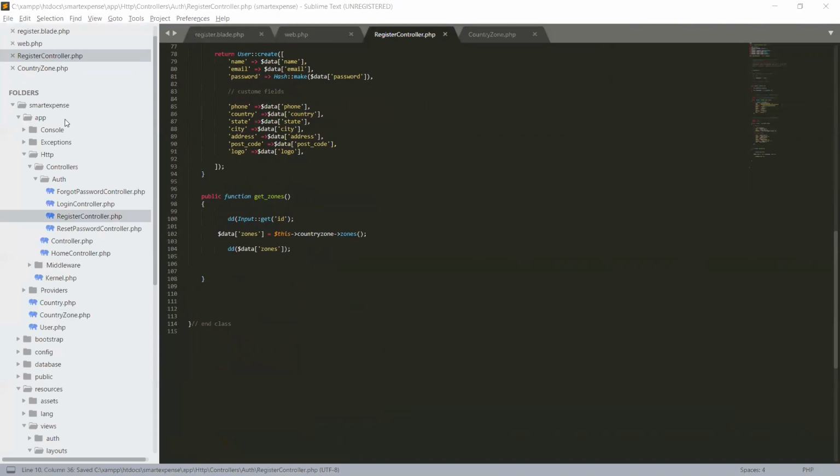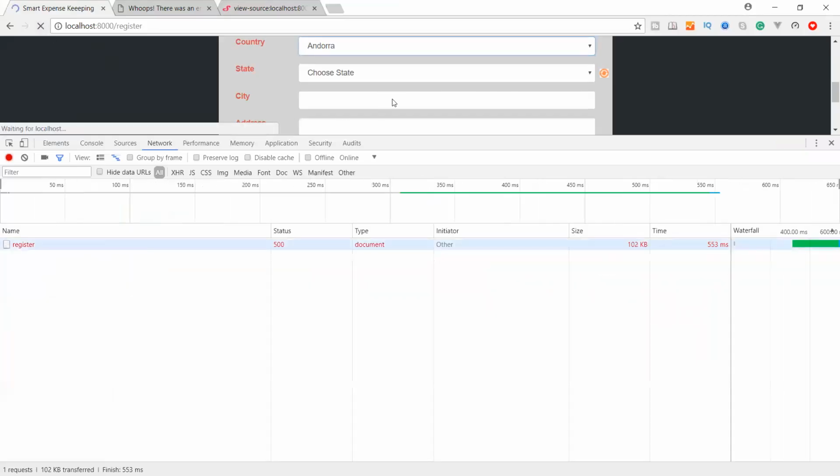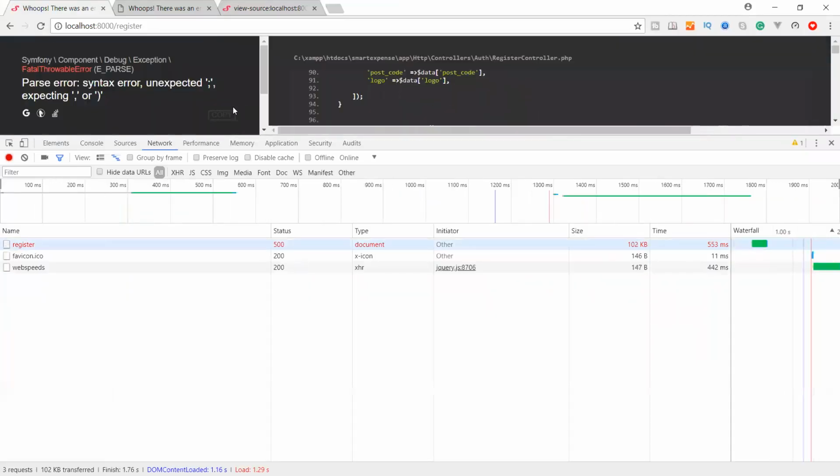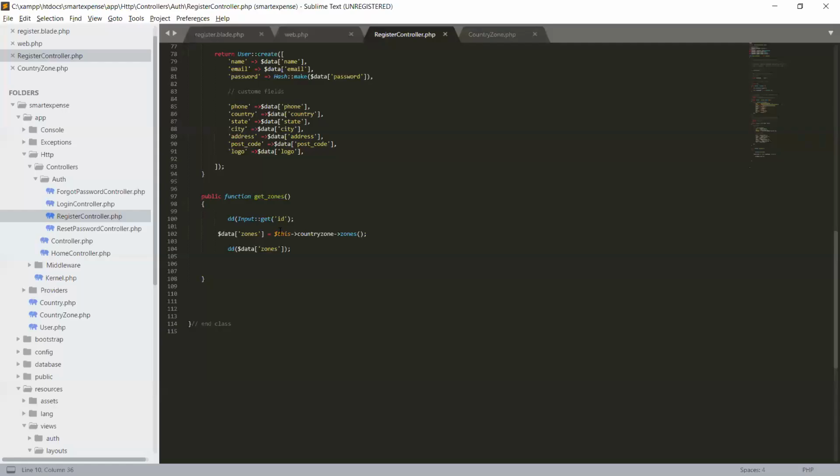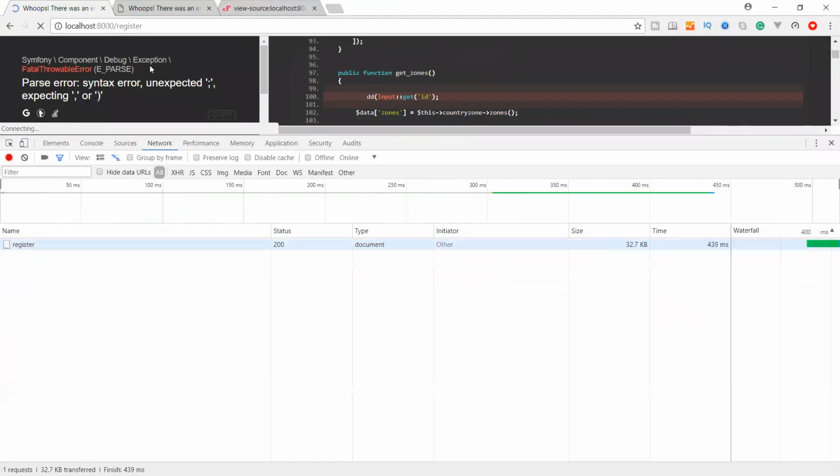Okay, now let's put the request again, and there is a parse error, syntax unexpected. Let's close this one, save it, refresh.